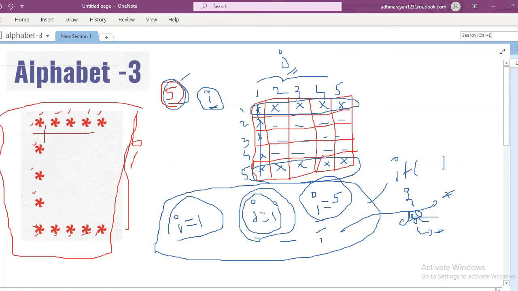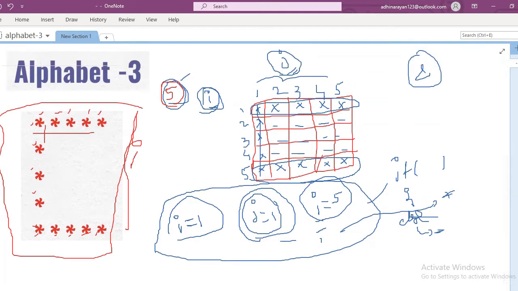So in my code I am using two for loops. The first for loop is the outer for loop and the second for loop is the nested for loop. In the outer for loop I am taking i, and in the inner for loop I am taking j. So now let us move to the coding part. I think you have understood. If you didn't understand logically, write in the comment section. I will reply, and if you have any doubt I will reach you. Now I am going to the coding part. After execution I will also explain my code logic.